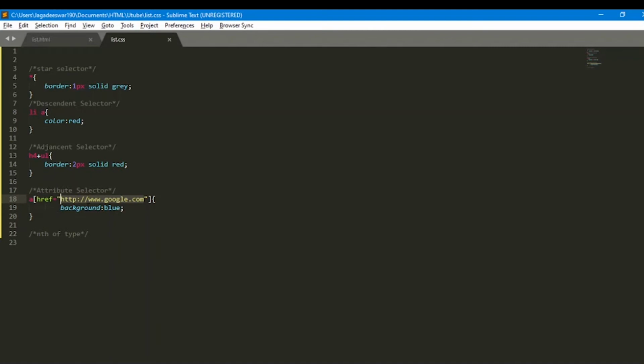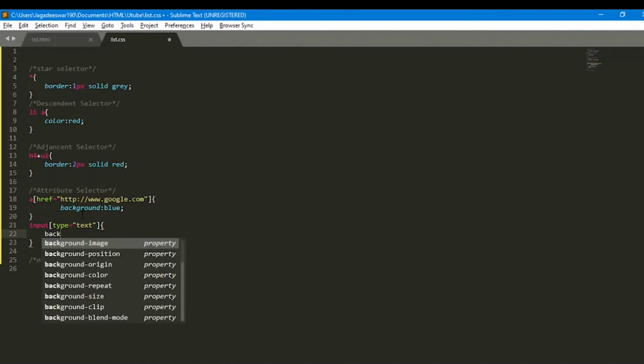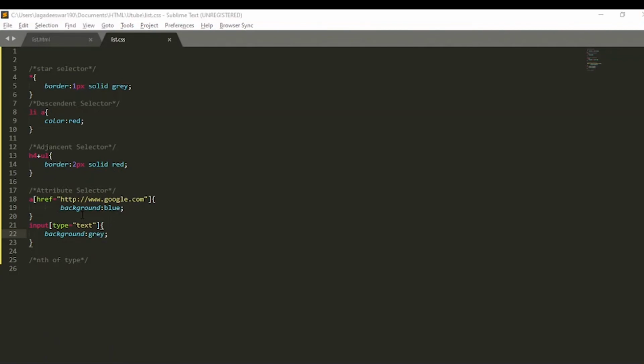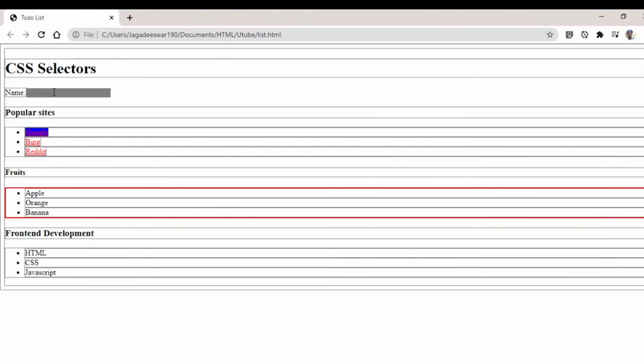We can also write input type equal to checkbox, or you can type text, and if you write some color, background color gray, you can see the input type is changed to background color gray.